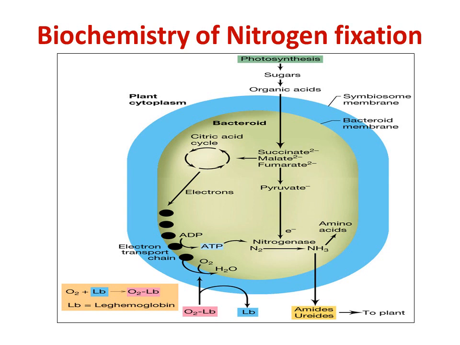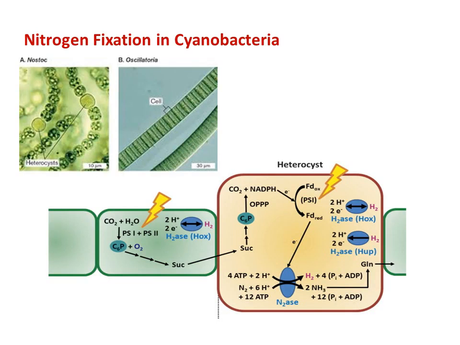This leghemoglobin acts like an oxygen scavenger. That is, it removes the oxygen from a particular environment. In that particular region, they scavenge or remove the oxygen. So this is in general how the nitrogen is being reduced into ammonia. In case of rhizobium, the activity of nitrogenase is controlled, or the anaerobic condition is created, by leghemoglobin.